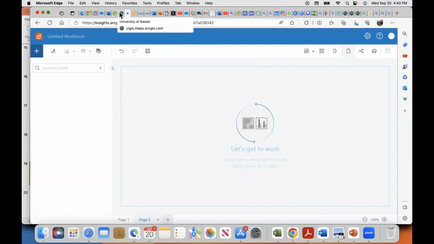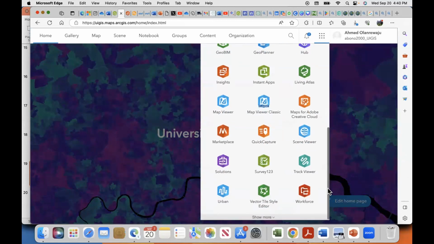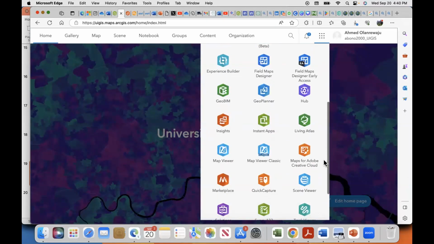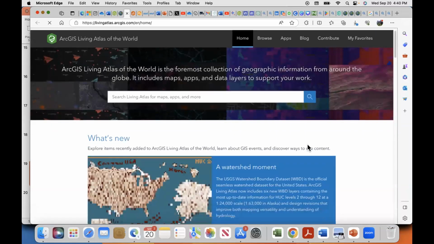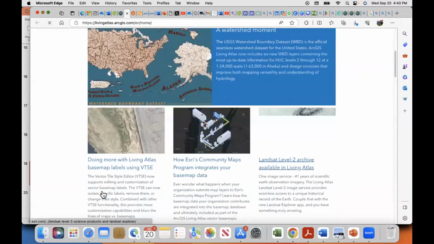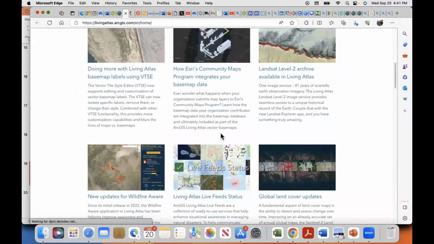I think this is a convenient way to stop and take questions, but there's a whole lot of tools out there for you to use. You've got the Living Atlas also, a whole lot of tools to play with. You could browse contents on the Living Atlas and see what people have done, and you'll be amazed at the kind of things people are building with this simple tool.